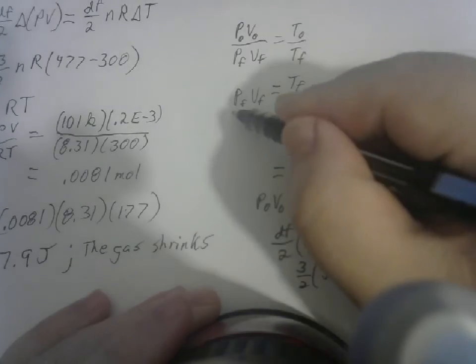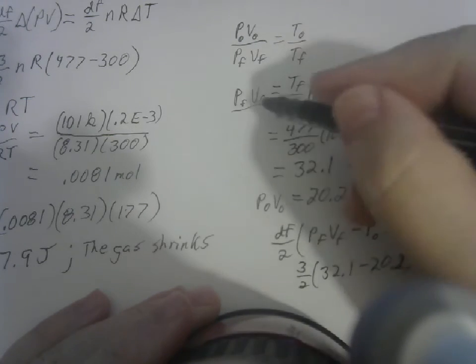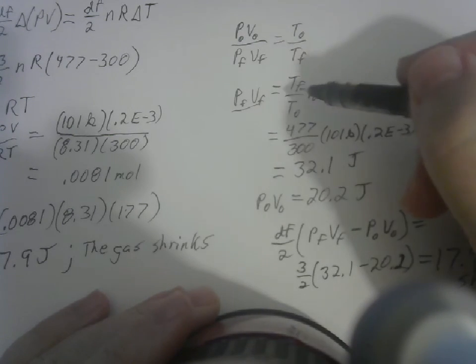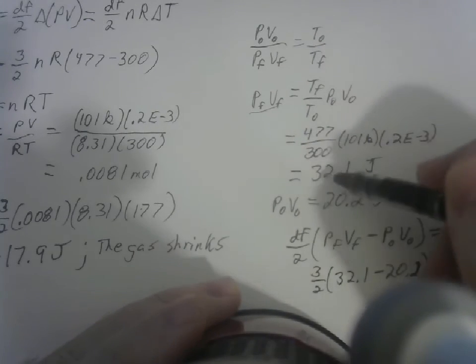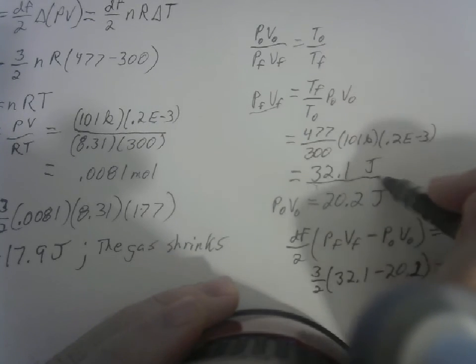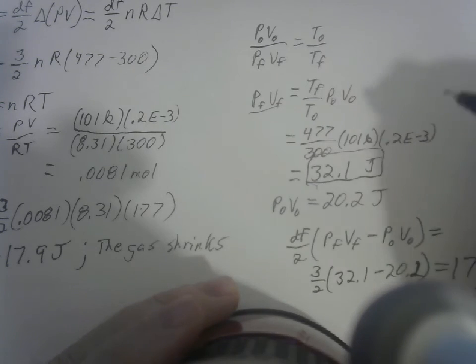So I'm not trying to find P final or V final explicitly, but just trying to find the product of the two. And by finding the product of the two, it turns out it is 32.1 joules, and the initial